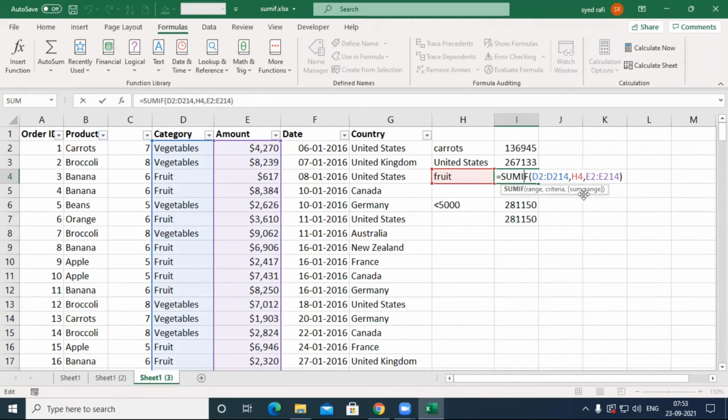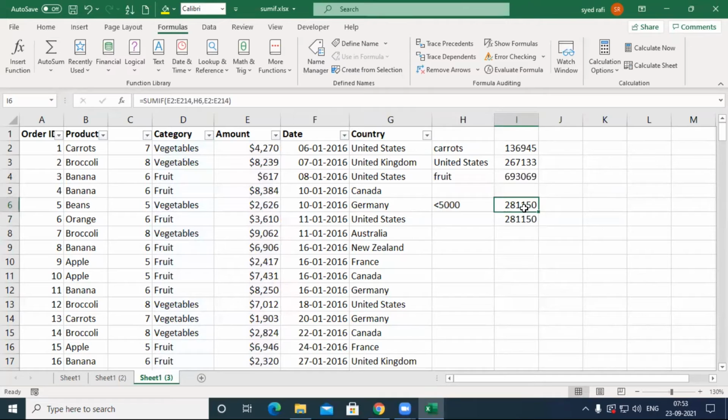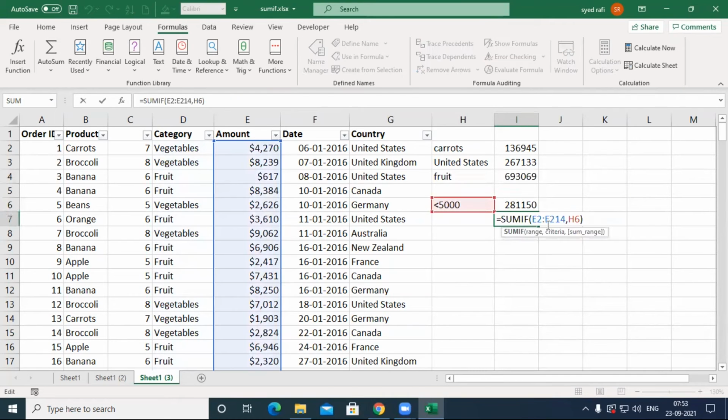In all situations, you may not ignore the last argument. In some situations, where the criteria range and the sum range are both equal, you may ignore it.